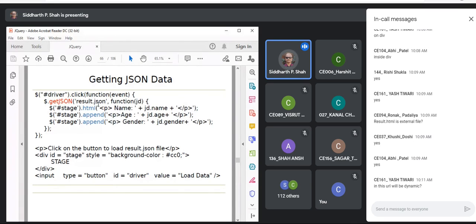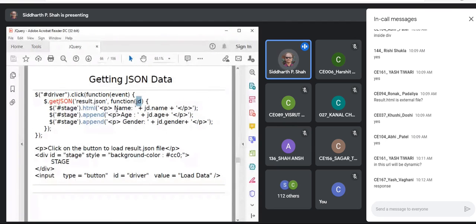URL is only the name of the file that is there in your current folder, or it can be an online URL, I mean any URL of any particular server data. And then the second argument we are skipping, we don't require any data to be passed. The third argument is the handler. It takes one argument, JD. What is the first argument of this callback function? It is the response, which is in the form of a JSON string object, right?